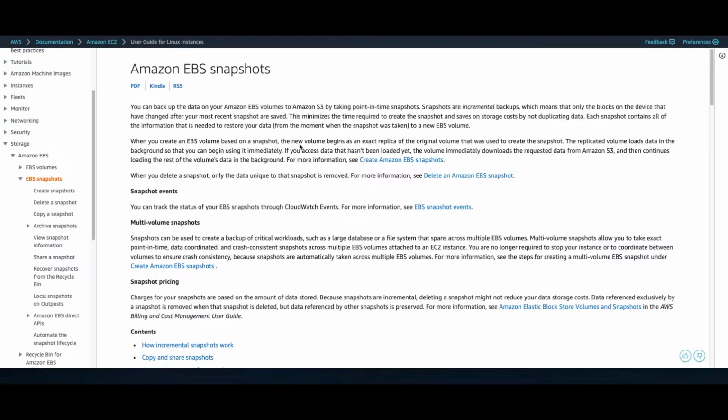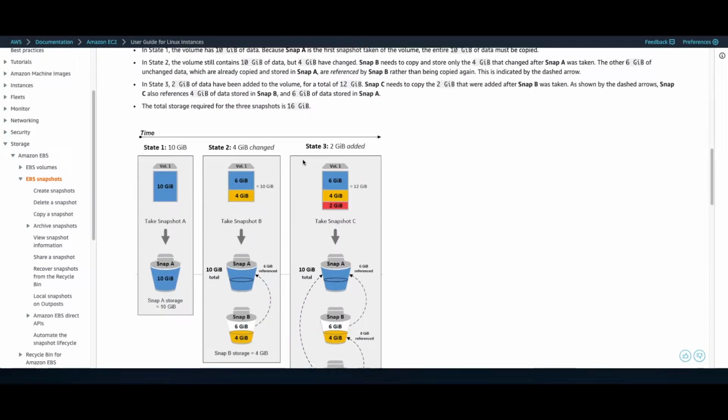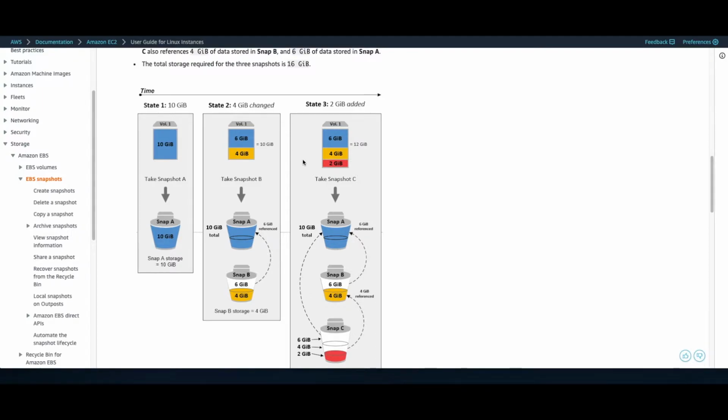So what are snapshots? Snapshots are incremental backups of your EBS volume. You click on your EBS volume and create a snapshot. It will capture whatever data you have on your EBS volume. By incremental, we mean that every time you take a snapshot, it is not capturing the whole data in your EBS volume and storing it. Instead, it just finds out if any new data is added or any data is changed. It captures just that new or changed data, and references the unchanged data with